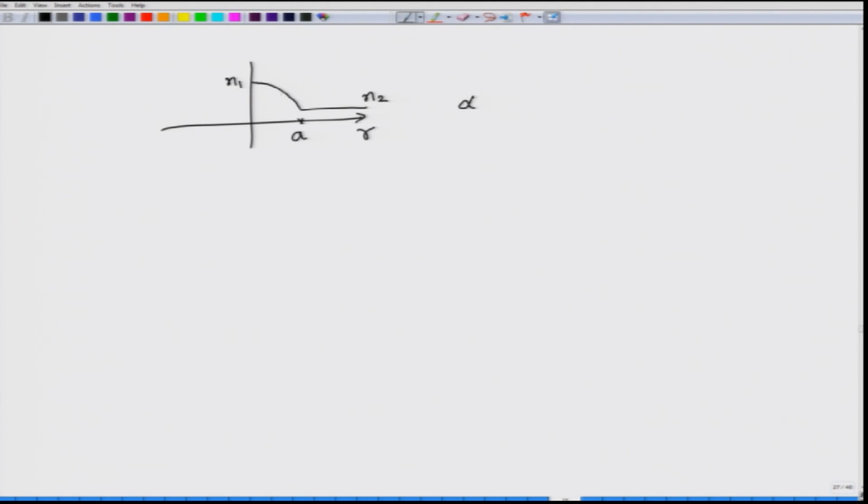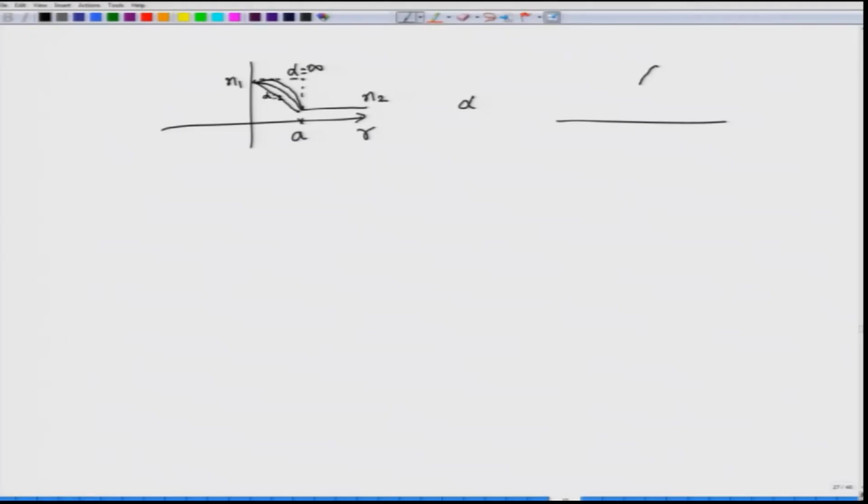This is the usual case for alpha equals 2, and for alpha equals infinity you will actually get back to the step index profile. You will also have additional types of graded index profiles possible by changing the values of alpha. So, alpha equals 1 will give you the linear profile, alpha equal to 2 will give you the parabolic profile, and eventually alpha equal to infinity will give you the step index profile. Of course, this alpha is just a mathematical convenience that we are going to use. Real refractive index profiles do not look anything like this.